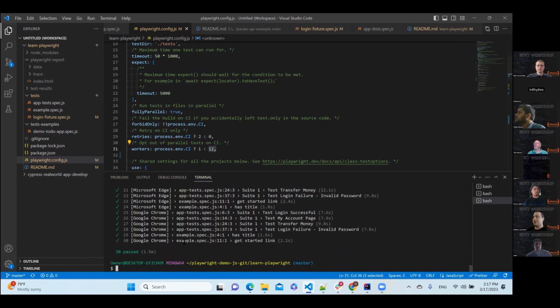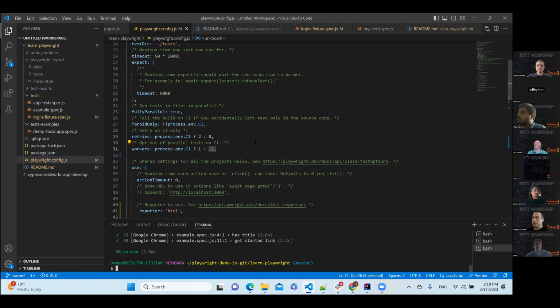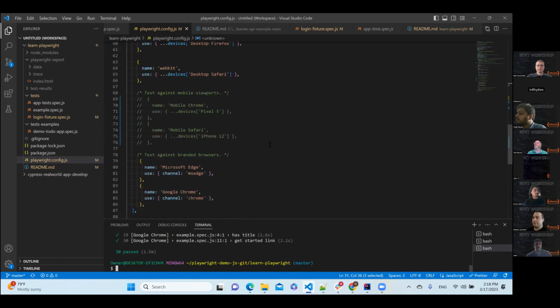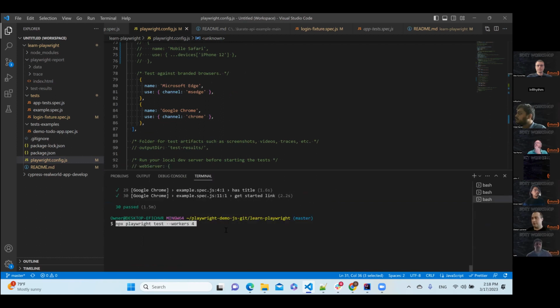Yeah, and it's a big advantage compared with Selenium, because in Selenium, even if you run 5 threads at the same time, usually it fails. And don't forget that Playwright supports a lot of different browsers, and not only Chrome, where usually we have stable test cases. Okay, now I can override to 1. And it takes more time for execution.